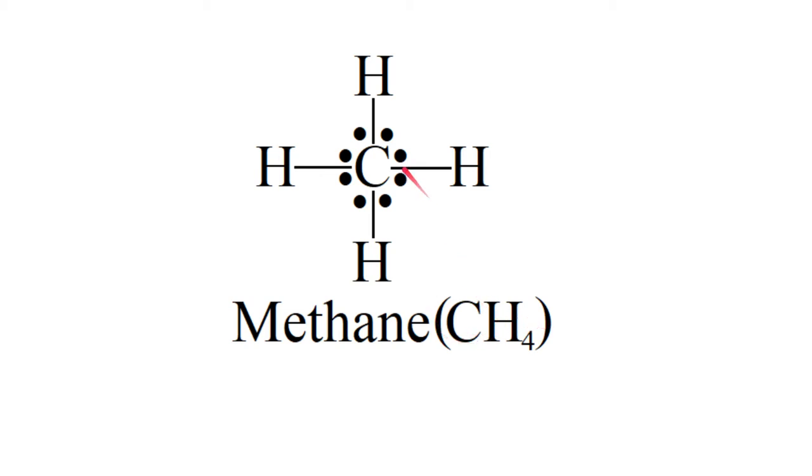So in CH4, the central atom is carbon, and you know very well that carbon's valency electrons are 4. So you can take 4 dots here, and each hydrogen gives 1 electron. So 4 hydrogens will give 4 electrons. That is why around the carbon you are observing 8 black color dots, nothing but 8 electrons. Of these 8 electrons, 4 come from carbon and 4 come from the 4 hydrogens.